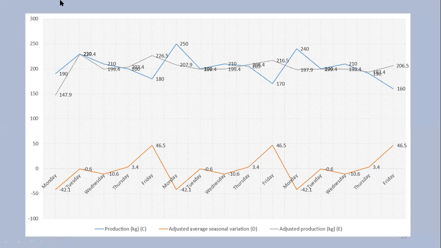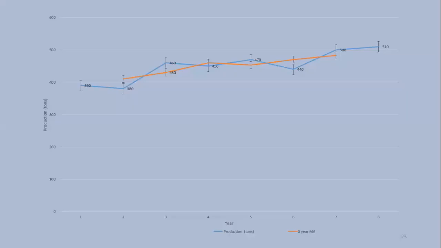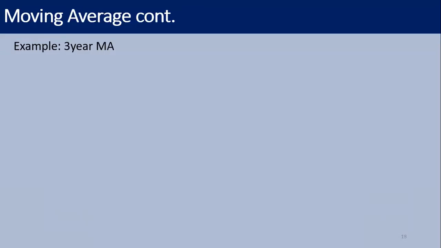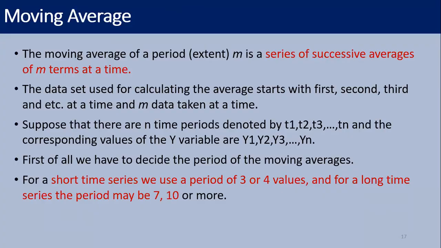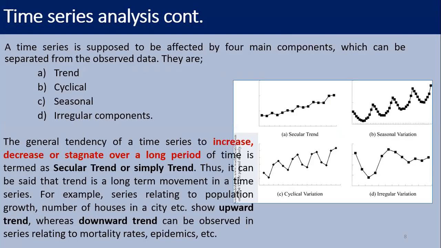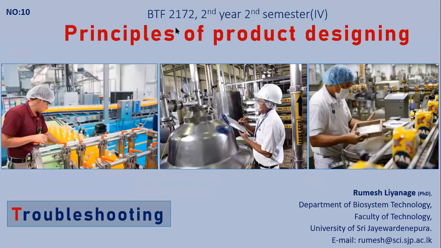Now you can plot these pictures. And what is the ultimate target of using this type of analysis? To analyze the trend and actual production. So now I think it's clear how to analyze the trend. I think now I can stop this one and we can read all these slides. If you have any question or problem, you can ask me.